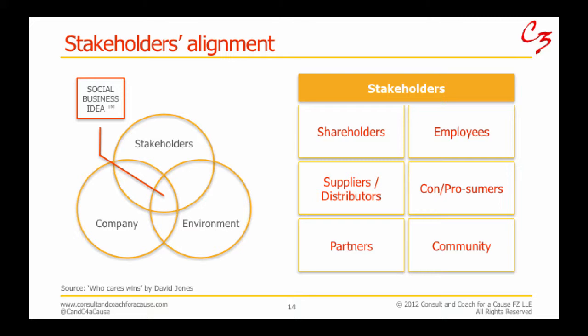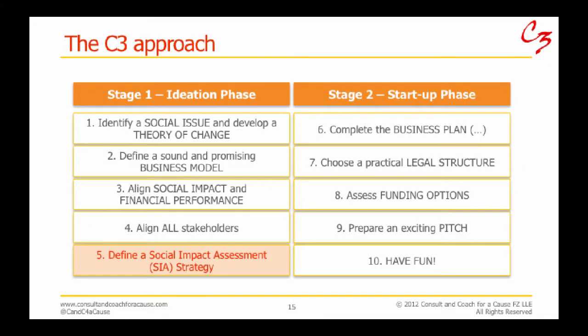For a social enterprise idea to be truly successful, all stakeholders need to be aligned to the same objectives, both in terms of financial performance and in terms of social impact. Where stakeholders are not aligned, the sustainability, scalability, and credibility of the social enterprise is at risk. For example, TOMS has been widely criticized for not having considered the negative impact of their donations on local shoe producers. The final step of stage 1, the ideation stage, is developing a strategy on how to measure and prove